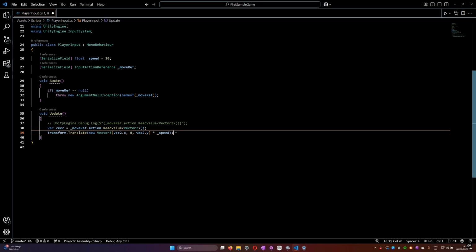Alright, we get the value in quite convoluted way. I needed to figure out myself as well by searching internet, trial and error, and looking what is available after dot symbol. Well, anyway, final right side of assignment is moveRef.action.ReadValue sharp brackets Vector2 normal brackets.